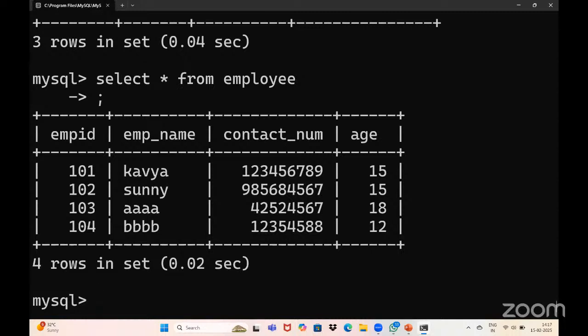What is the syntax? Select star from, why am I using star here? Where EMP underscore name like